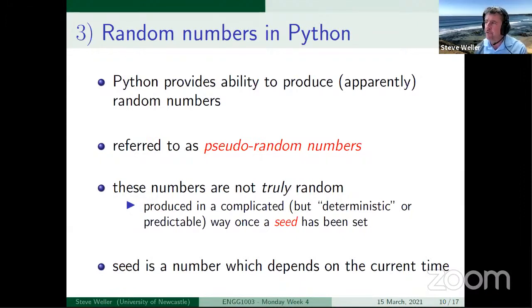So far, we've written programs that, if you ran them today, run them tomorrow, run them in a week, run them in 10 years' time, they'll all produce the same answers, assuming that you can find a Python interpreter in 10 years' time. Guarantee you will. They produce the same answers each time you run the program. And that seems like a fair and reasonable thing to expect a computer program to do. Although sometimes it's necessary to produce random numbers.